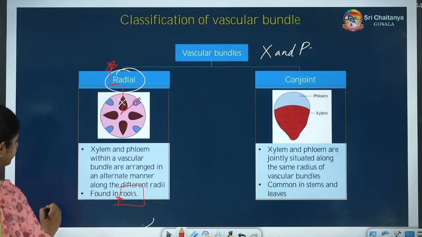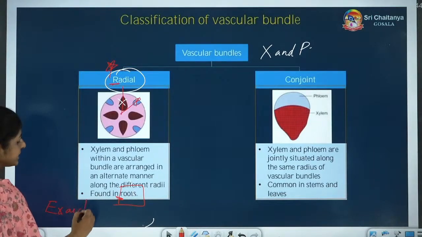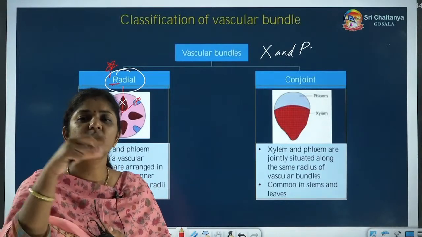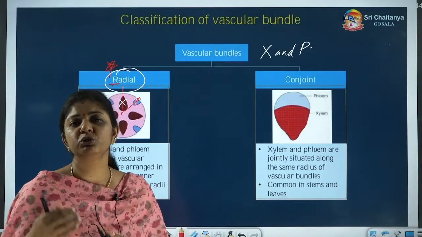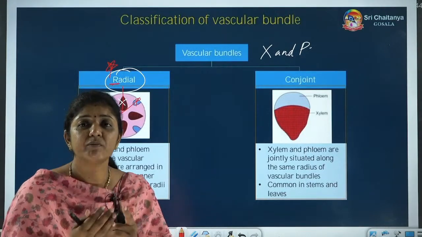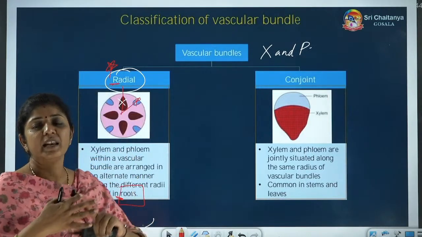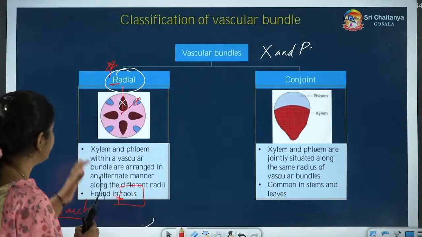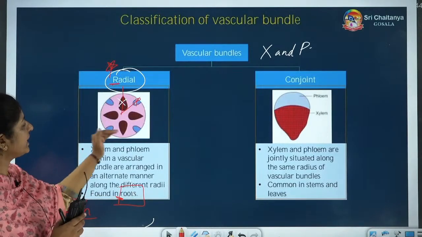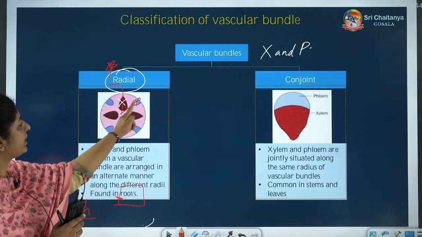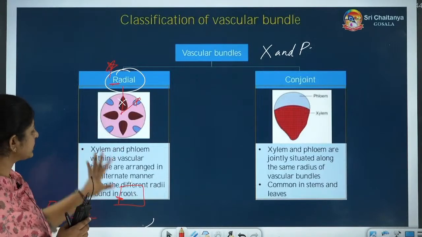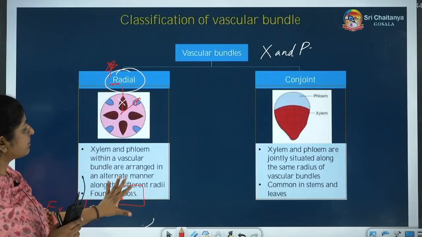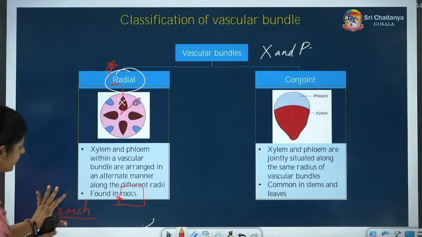And roots are even showing which type of condition? Exarch condition. Please keep that in your mind. Radial, I repeat, what are the vascular bundles? Xylem and phloem, which we even call conducting tissue. When xylem and phloem are making different patches but on different radii, you call it a radial vascular bundle, and it is present in roots, which are even showing the exarch